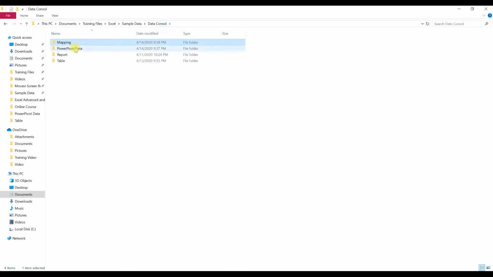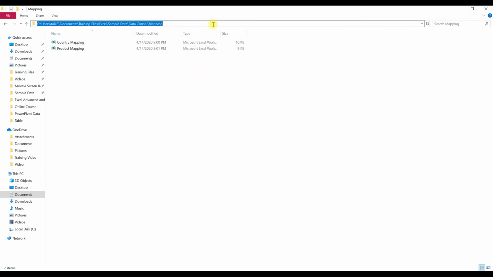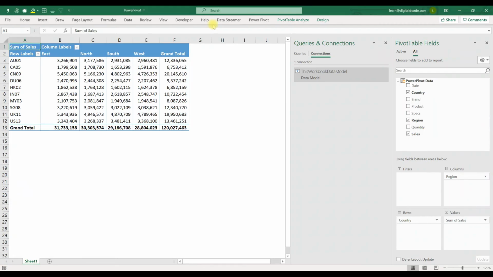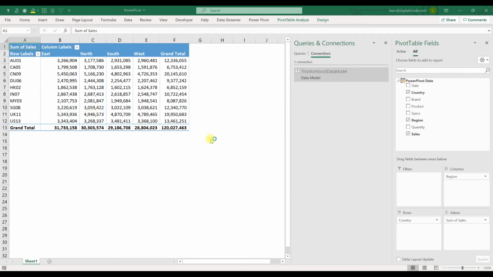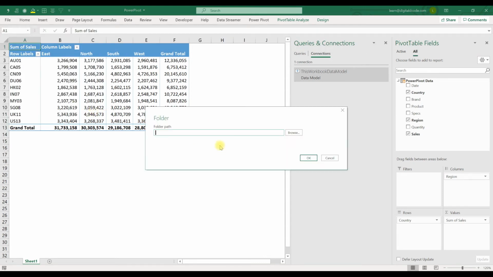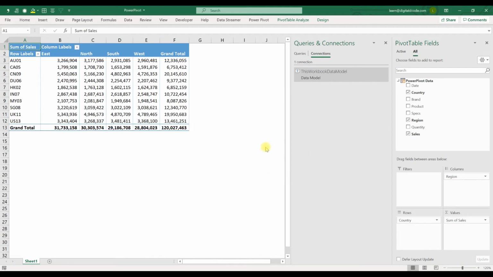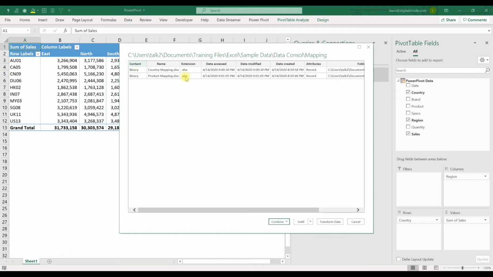So this is a folder, a mapping file. Let me take this data from file, folder, paste the path, then press OK. So we have two files.